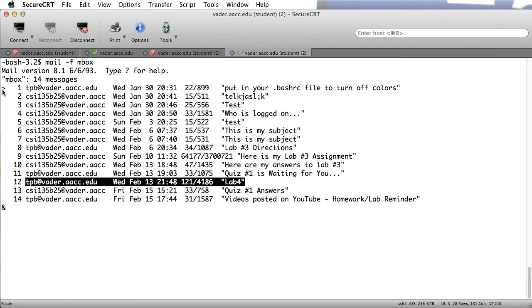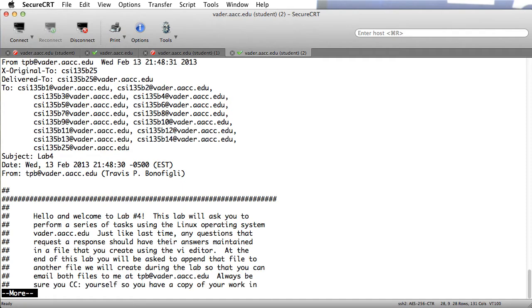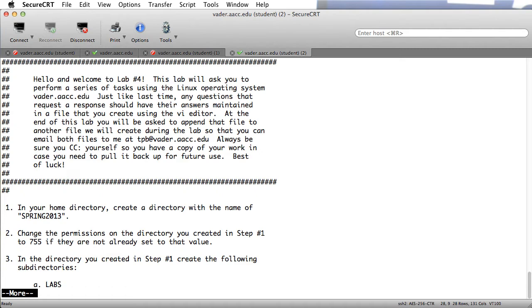Again, the greater than sign indicates the message that's the current message, and if I were to hit the enter key, it would display message number 1. So since we want message number 12, I can simply type in 12 and hit enter. Right? So now it'll display it for me in the More editor. So I'm hitting return. So it says hello and welcome to lab number 4. It's going to ask you to perform a series of tasks using the Linux operating system,